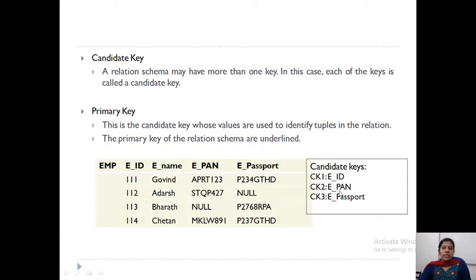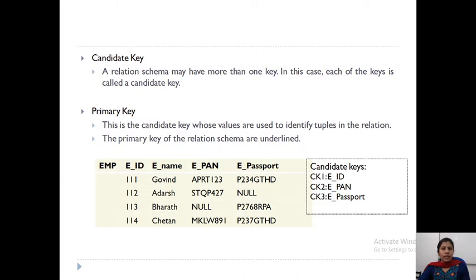So what I will do is, if I take employee PAN, I am allowing null values, right? So it is not a good choice. Similarly, employee passport also has null values, so this is not the best choice.